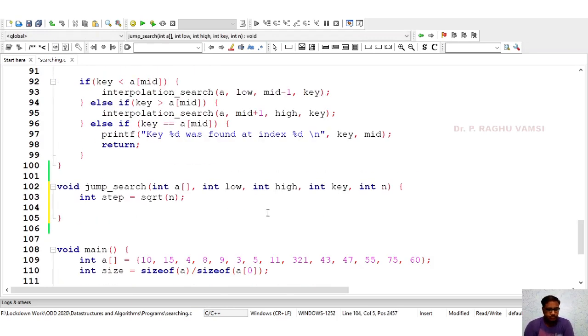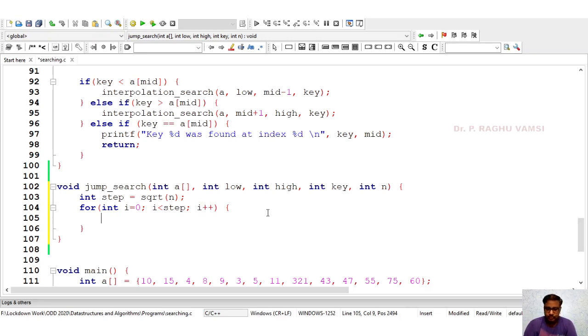Then we are supposed to go for int i equal to 0, i less than step. That means from 0 to step we are supposed to traverse, i plus plus.